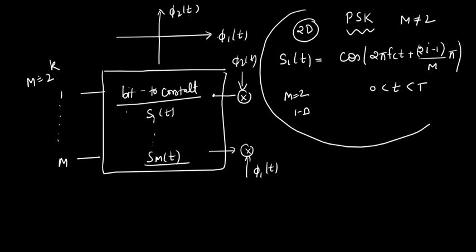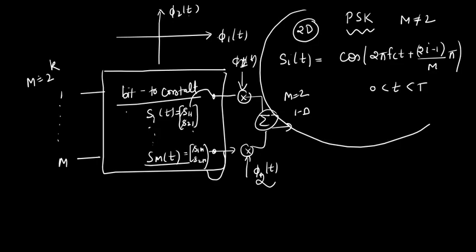The vectors, right? How your S1 is S11 and S21. Similarly, S1m to S2m. Yes or no? Then you do it like this, right? Second point. These are the projection points, but in order to generate S1t, what you have to do? S11 phi 1t, S21 phi 2t, and you will sum it, right?